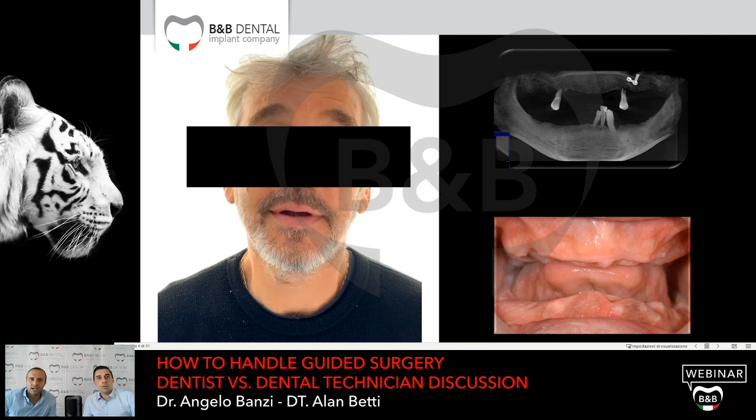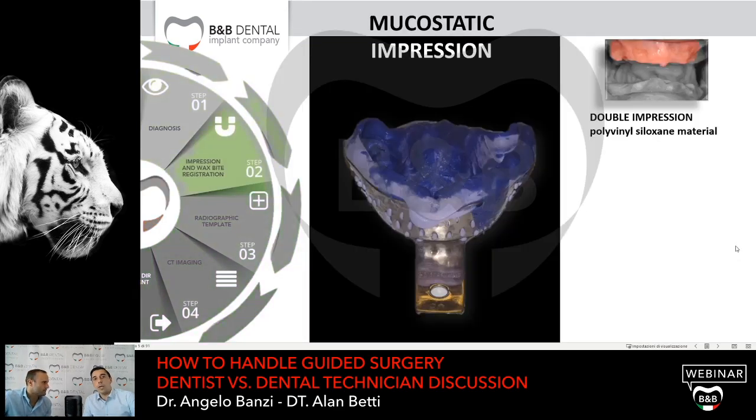The soft tissue has to be healed and doesn't have any motion, and the ductility of these tissues can introduce problems. So the first important thing is working with soft tissue that is stable. Yes, soft tissue, yes. So I decided to work with the guided technique, and the first thing that the dentist